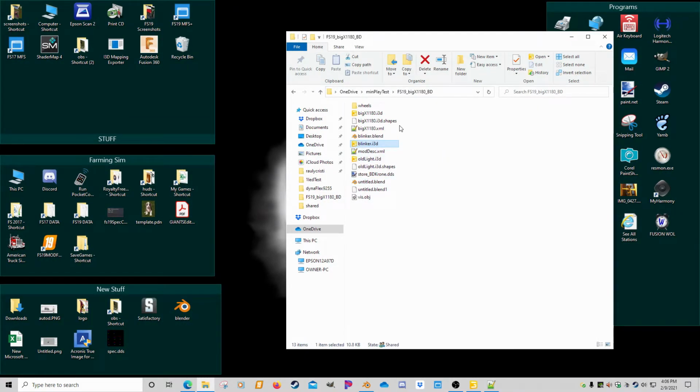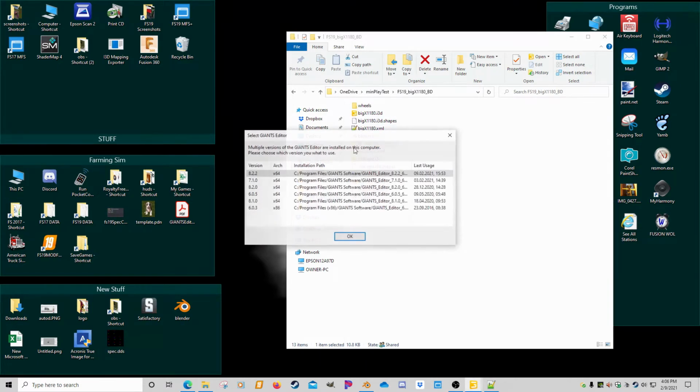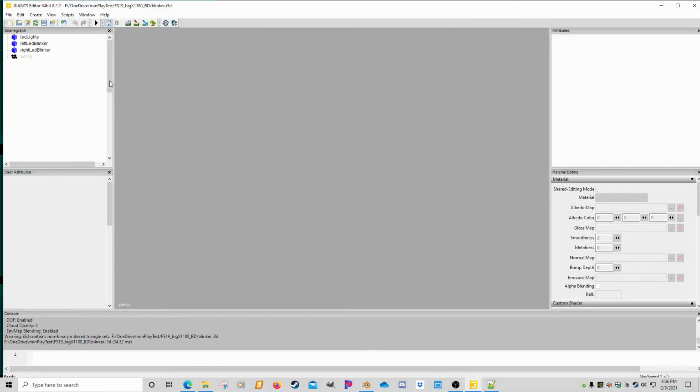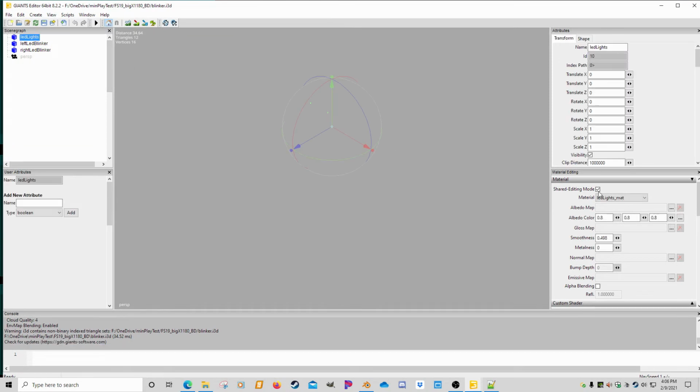Okay. So what I want to show you is how to cheat a little bit here. We can go ahead and open this. I want to make sure the materials did change. There's LED lights material. Here's our blinkers. We have LED blinker. And the reason that is because of the different vertex colors and everything. So I'm going to have to zoom into this guy. So what I want to show you